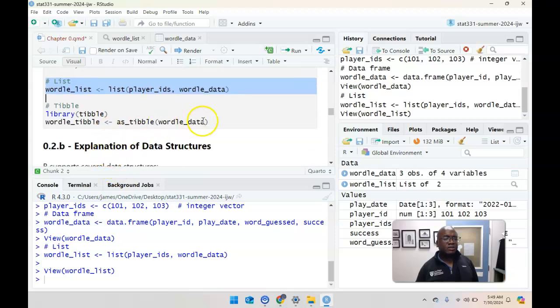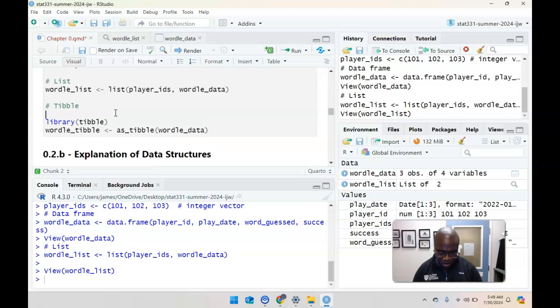And then last but not least, we have a tibble. And this tibble is important. This is not going to run for you all. You have to install this. Oh, wow, the first time. So my apologies, you have to install this. I put the hashtags in front, meaning to comment. What comments mean is that when you run the code, it's not going to actually impact the code. So I can remove it for you all. install.packages, and then put it in quotes. If it doesn't work, it's because you probably didn't put it in quotes. tibble. Okay, and the reason why I don't have to run it is because I already have this package